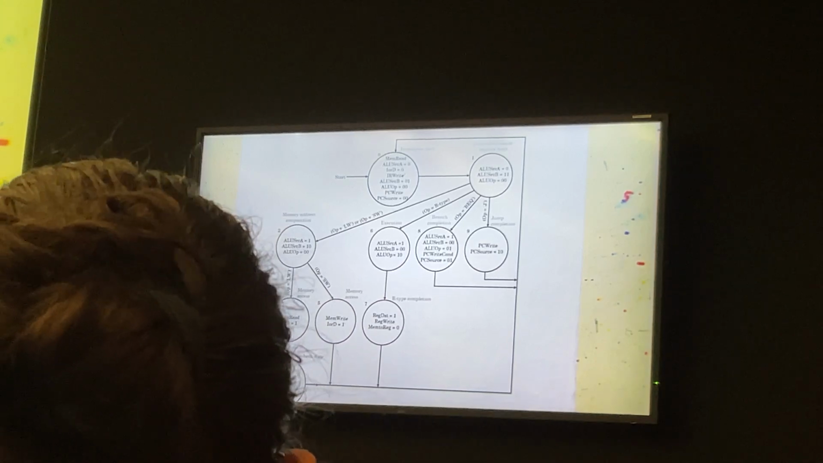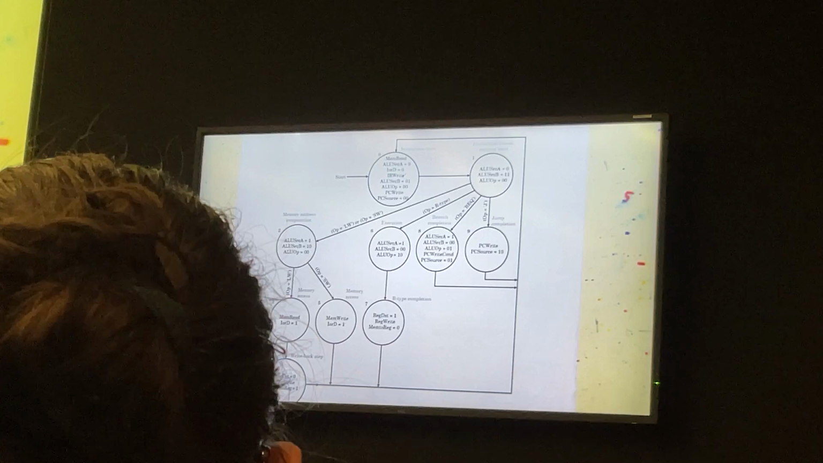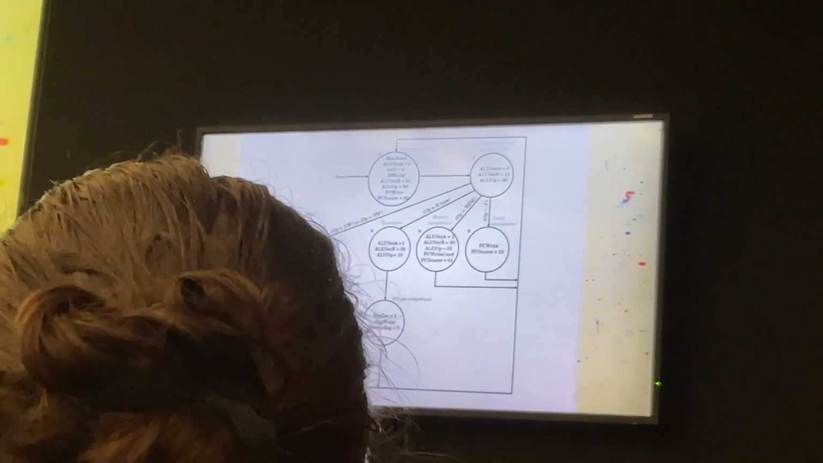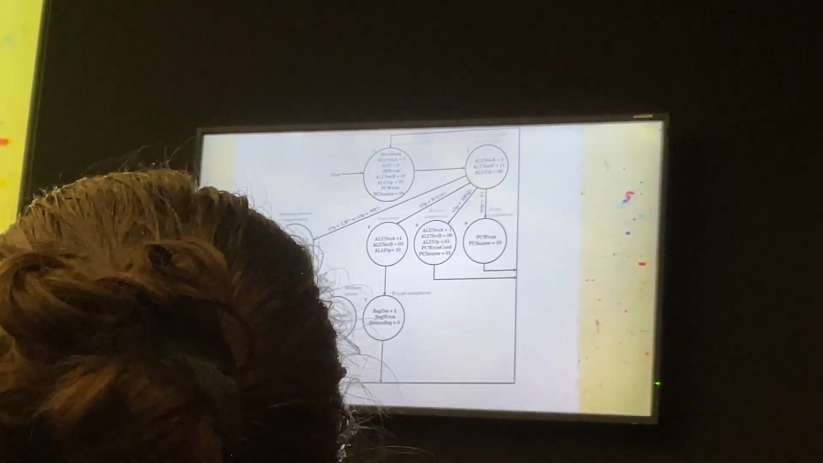Could you briefly walk through store word just one more time in this diagram? Okay. So store word. I assume you're not asking about fetch and decode. No. So after fetch and decode,